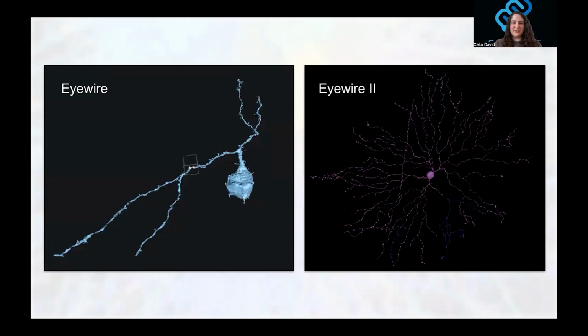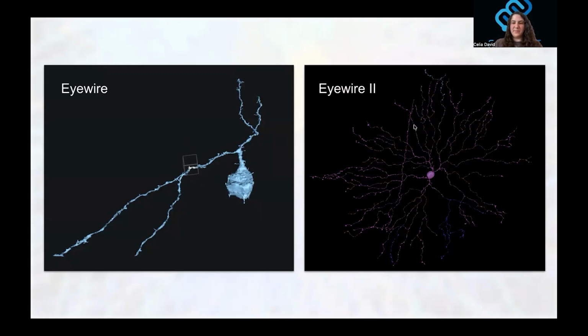And then here's just an example of Eyewire and Eyewire 2. So here's a cell from Eyewire 1, and there's a cube included, so you can see what the portion of the cell that you'll be working on in any given time in Eyewire is like, if you're playing cubes. And then Eyewire 2, this is an example of a starburst cell